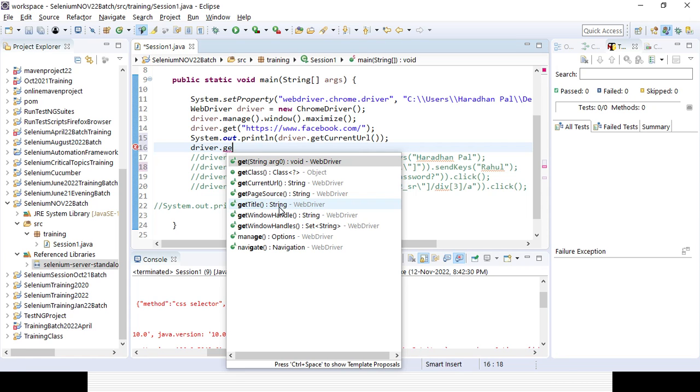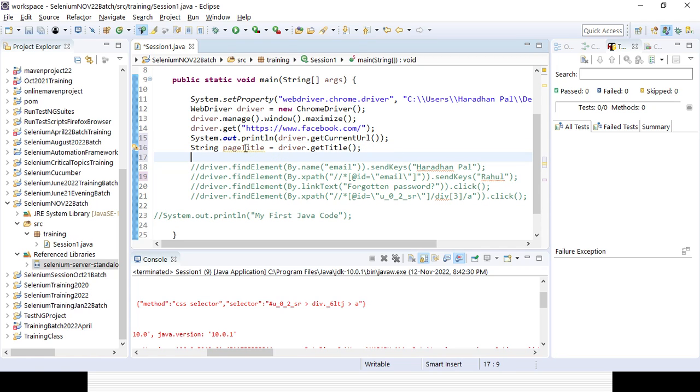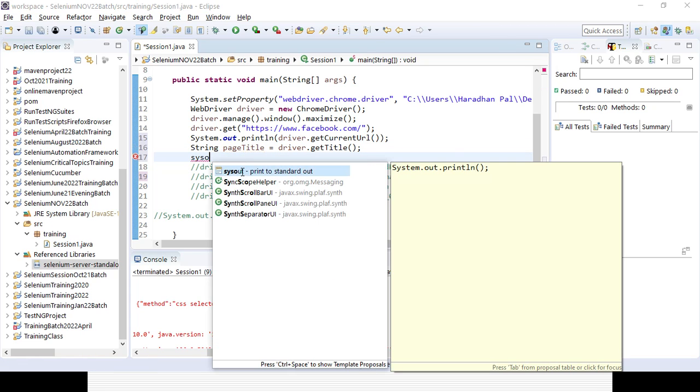So instead of directly printing it out, I can return and store it in some string variable. Here I will give a string variable, and I will name it page title. That is the variable I am storing it in. That is the second option, and next I can print it out with System.out.println. So these are the two ways. Either you can directly use it, otherwise you can store it in some variable so that you can use it multiple times.